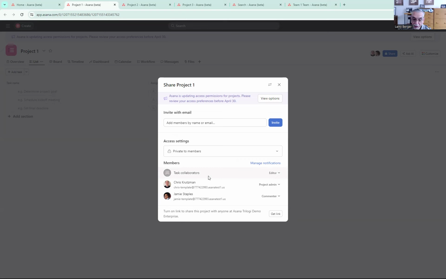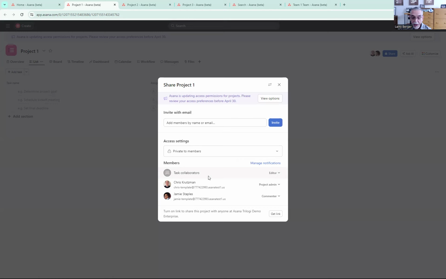But on 4/30 and after forever, Asana is going to interpret this differently. It will give the user the higher of the two permissions, in this case, editor. This is called elevated access. That could be a security issue for you, or it could be no big deal. It really depends on your specific situation, what's in your project, who the person is, and so on. But they're getting a greater level of permission, so that's something you might want to be careful about.